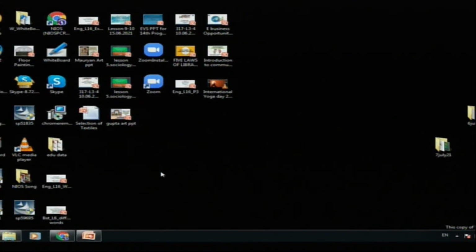Whenever you start your computer, your desktop looks like this. If you are using any previous version of the operating system, then you will get a start button here, and icons will be represented over the desktop. Then the steps to create a folder: right click on the desktop,